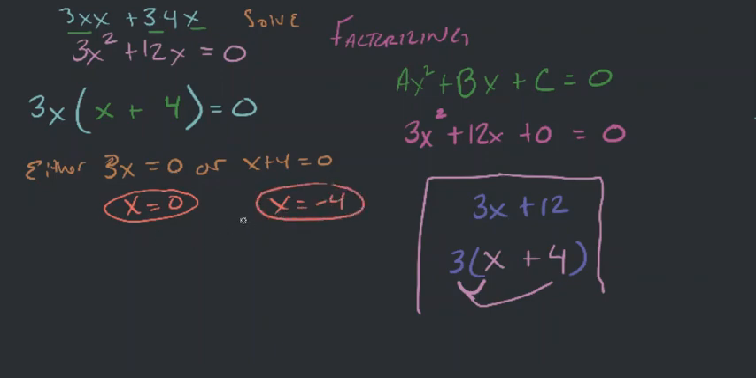And just like in any problem that you're solving, you need to plug these two back in and confirm that they produce 0 when you plug them in one at a time. Plug in 0 and 0, you should get 0 equals 0. Plug in negative 4 and negative 4, you should get 0 equals